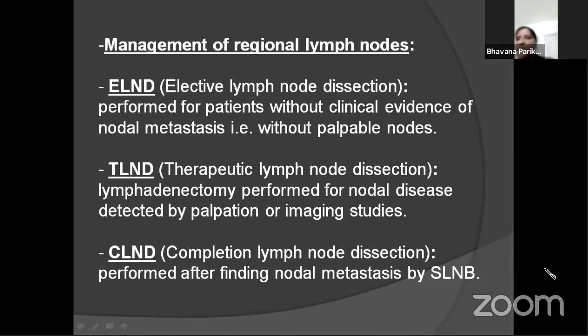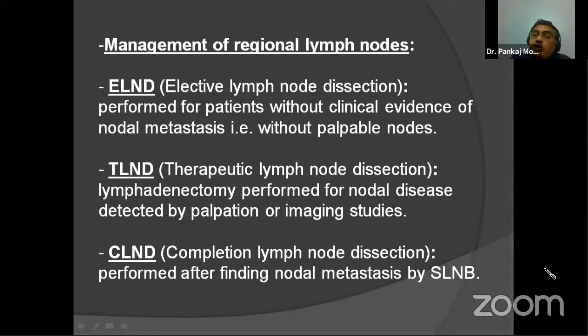Sentinel biopsy is not actually indicated for thin melanomas and very thin melanomas without ulceration. Sentinel node biopsy is indicated for melanoma thickness more than 1 millimeter, and ulceration, with the biopsy showing a high mitotic index, and also the age of the patient. So these are the criteria where you can actually think about the sentinel node biopsy. But for thin and very thin melanomas, sentinel node biopsy does not have much role.